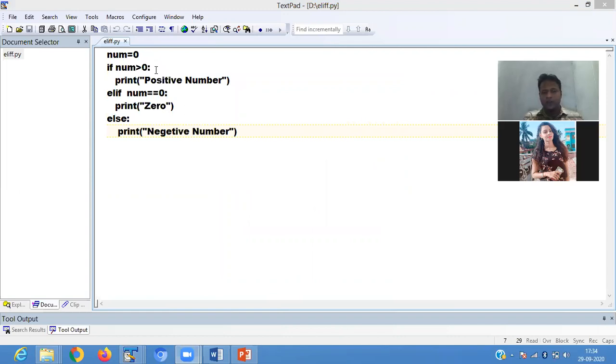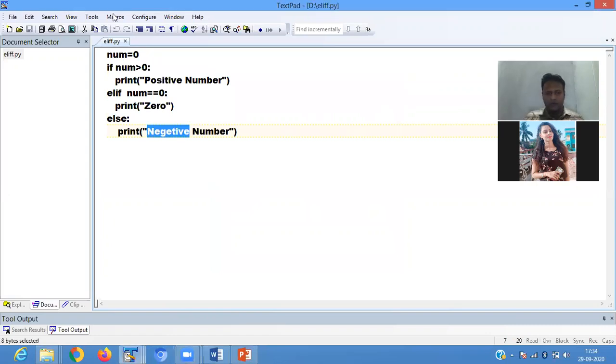If you are passing a number, if it is greater than 0, it is a positive number. Elif it is 0, then it is showing you 0. Then if you pass any other number, it is showing you a negative number.